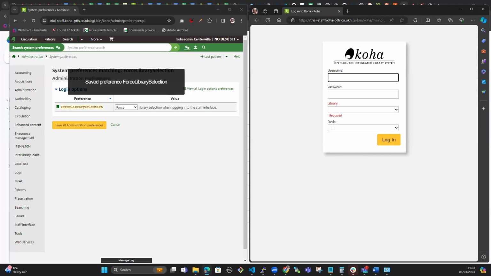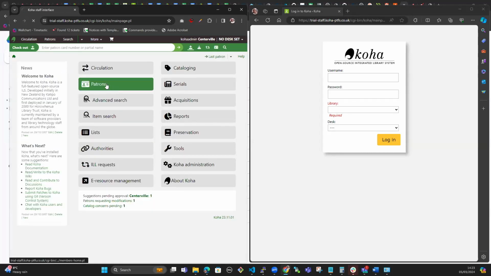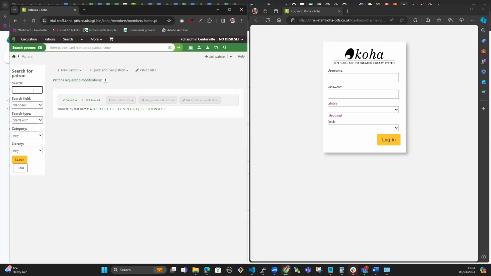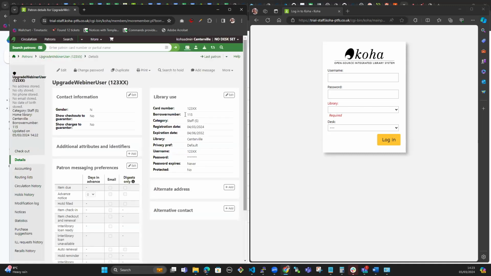It's been moved to permissions. So if I look at my same user that I created, and look for that user, coding upgrade. So that's my user. If I go to permissions,